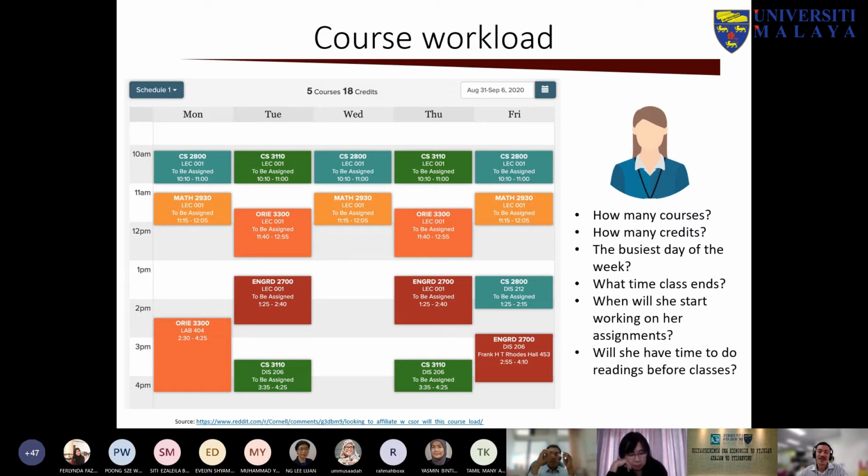We need to remember that other than us teaching, there will be other friends of us also teaching. So if the students, for example, take 5 or 6 or 7 courses, there will be 5 or 6 or 7 other lecturers that they will have to contend with, and these lecturers will also give assignments and coursework and projects to the students to do. So as a program, I would suggest that everybody look at their colleagues next to them,